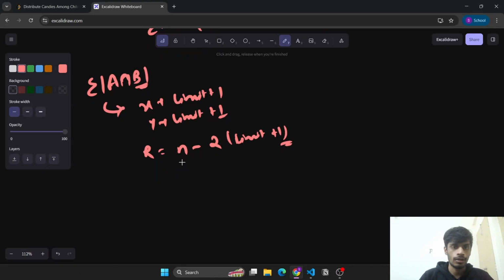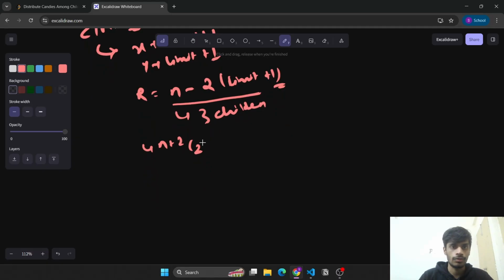Now again we can redistribute these remaining candies to 3 children in any way possible. So again it would be n plus 2 c2 only, and we put this value here, so it becomes n minus 2 into (limit plus 1) plus 2 c2, which is simply n minus 2 into limit c2,